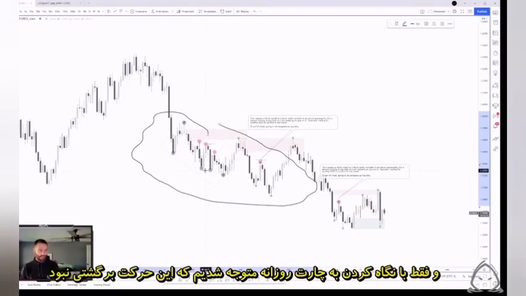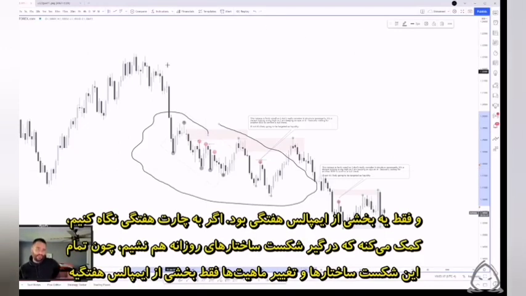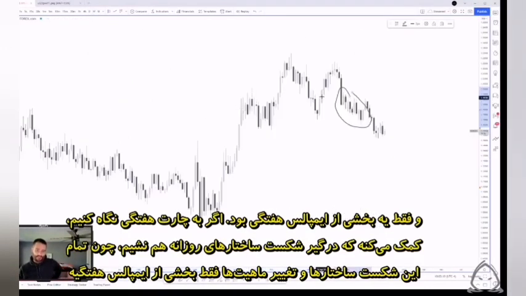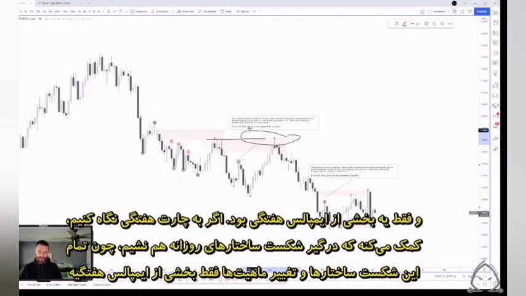And what we're able to do without even looking at the weekly chart is we've been able to dissect this move and understand that it wasn't a reversal, it wasn't a change in trend on the daily chart, and it was actually just a part of the impulse on the weekly chart, which is why if we're looking at that, we wouldn't get caught out on this little sweep essentially, or break of structure as it seems on the daily